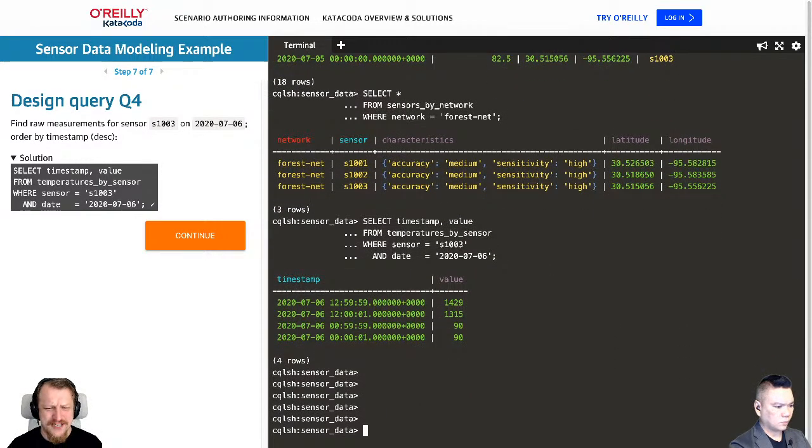So it looks like something happened with this sensor. Something not really nice happened over time. That's a sensor in my ForestNet. So it looks like we have a fire in this forest. It would be nice to investigate then maybe, but that's out of scope of this demo, and we are going to proceed.